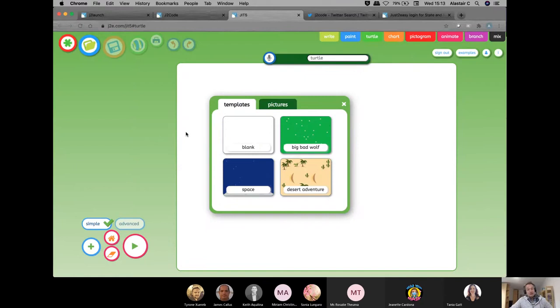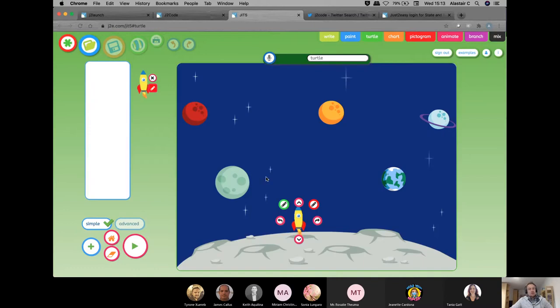Now, those of you that are familiar with the JIT range of tools for younger learners, JIT always starts with a template. And in this one, I'm going to use the space template, and you'll see why in a minute. So the concept here is very similar for all of the Turtle games that you can play here and practice with.